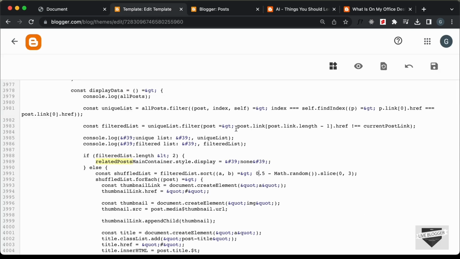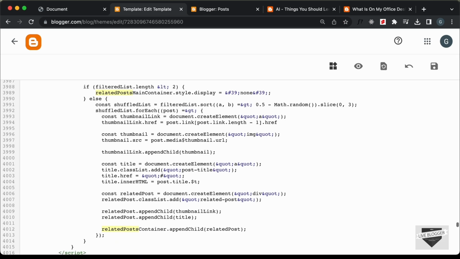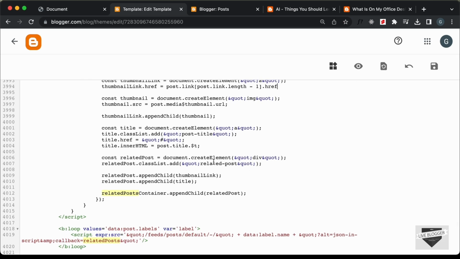And for the link of the post, you can just go to post.link, and you can go to the last index and go to href. So let's copy this from here, and let's paste it for the thumbnail link href. So I'll just paste it over here, and let's do the same for the title. So here we have the href for the title, so I'll just change this to the link. And now if you save this,